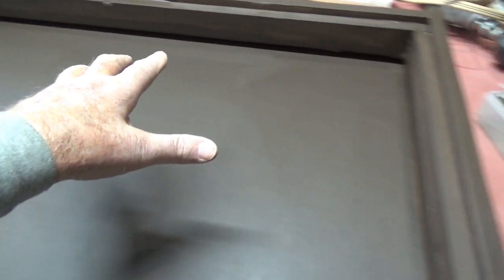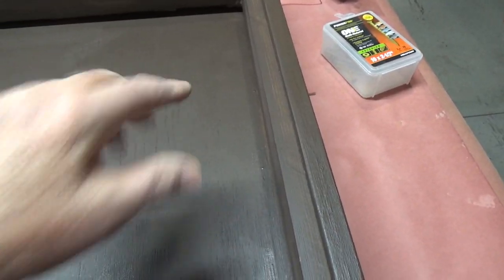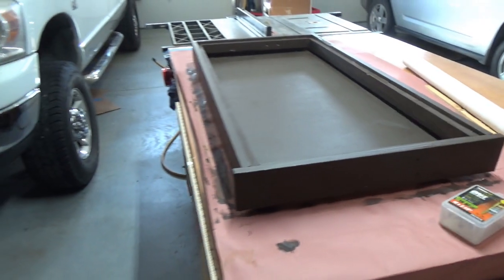All this is going to be, the box is outside, but the air will be coming in from the building, traveling up here, it'll heat it up, then it'll go into the building. It's not going to make a lot of difference, but a little is better than none, because